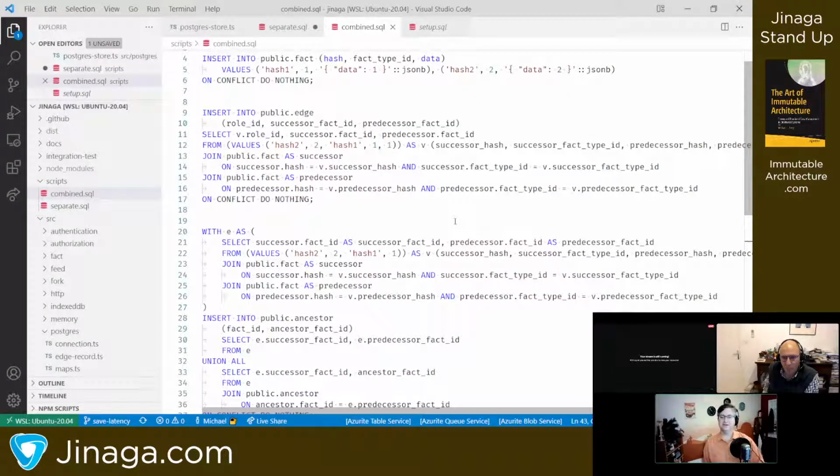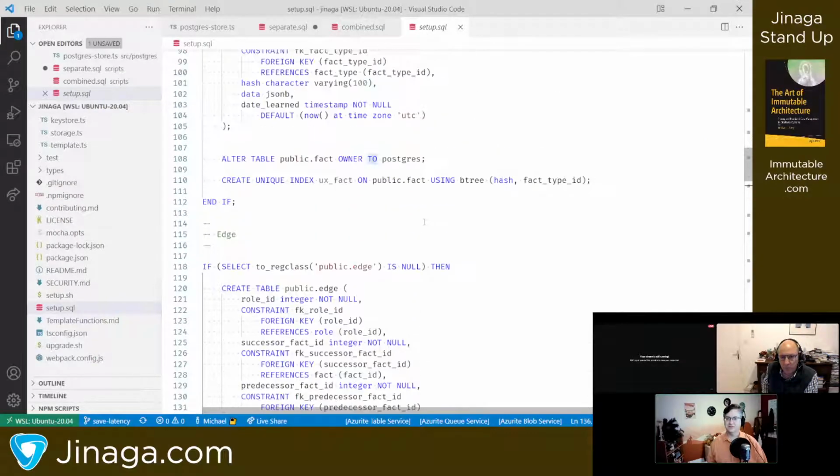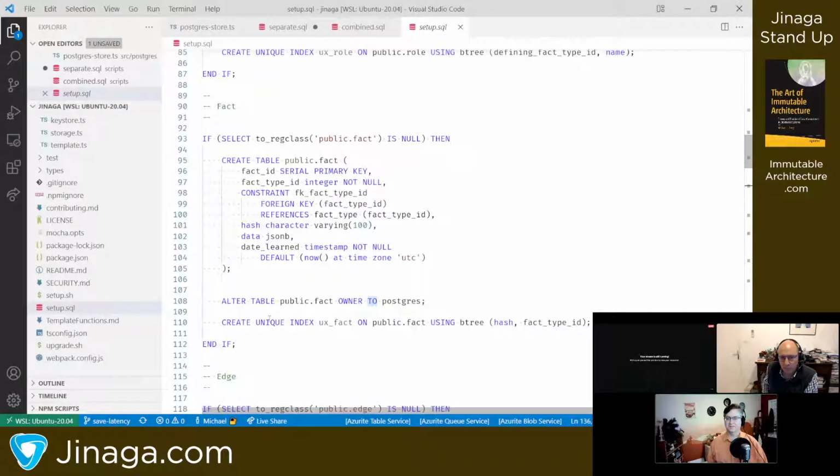Okay. At any rate, so now you've got the facts in the fact table, and the fact table has an alternate key by the hash and the fact type ID. So we can see that here. Here's the fact table, with its alternate key by hash and fact type ID.